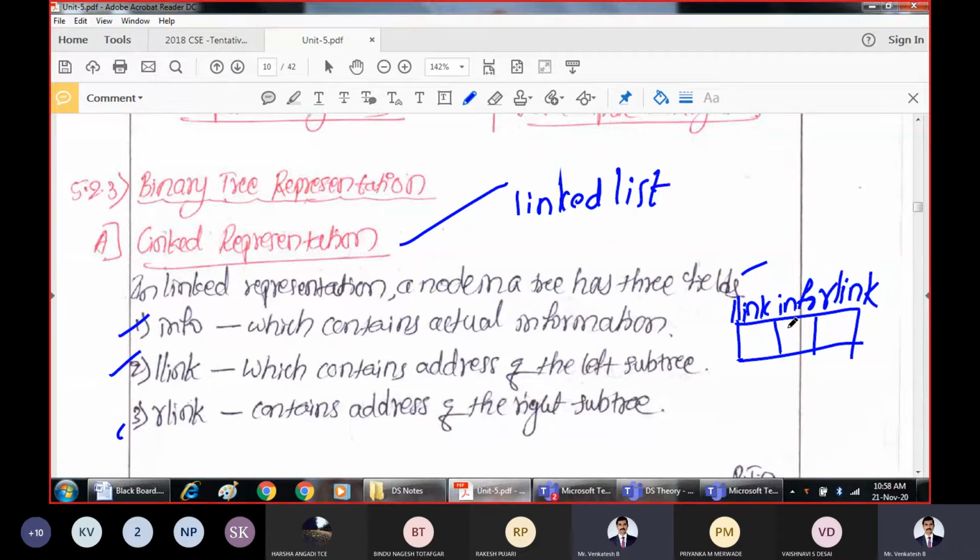Info is going to contain the actual data: 10, 20, 30, whatever. Left link is going to contain a pointer to the left subtree, and right link is going to contain a pointer to the right subtree.